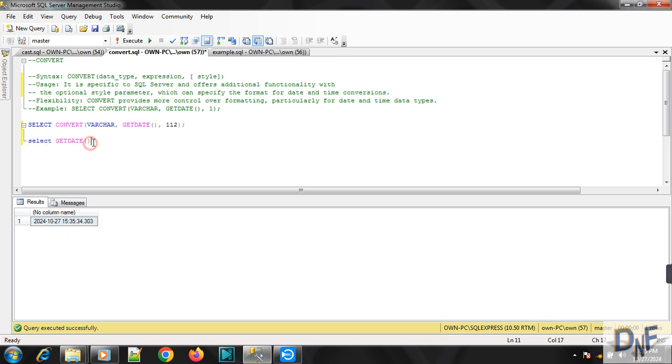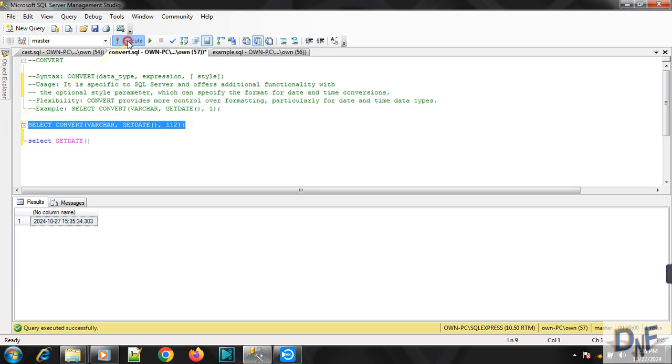When we execute the simple GETDATE function, here is the date format, a specific date format: year, month and date, and time and milliseconds. And then when we convert this date with the convert function, we also specify the style, 112 style.